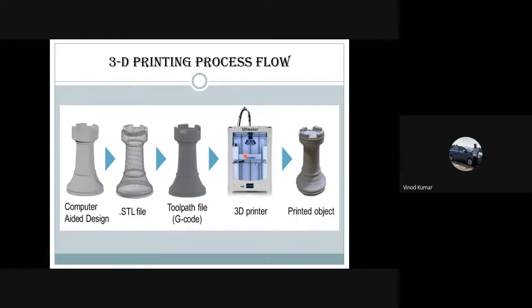And once that is done, we will start the printing and show you how the printing will take place in the 3D printer. And because it takes a lot of time for printing the final product, we will show you how it will look once the printing has started. We have already prepared the model and kept it, and we'll show you how exactly the printed model will look. And that is how today we are going to take the session. I hope the things are clear.